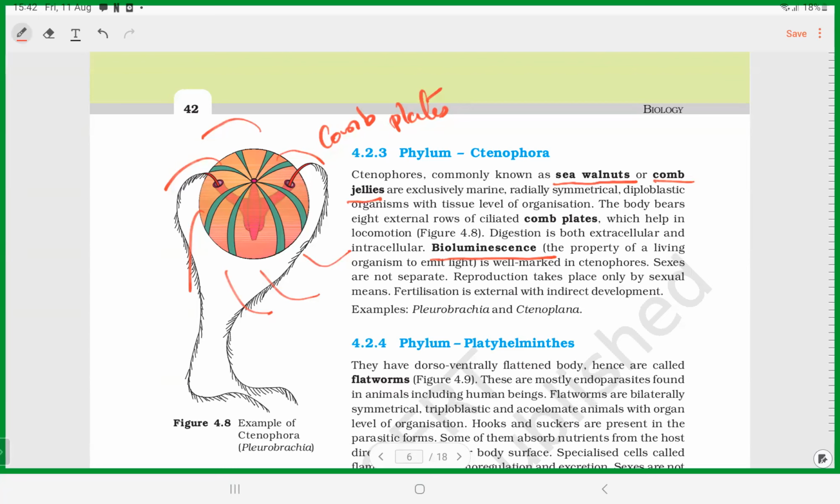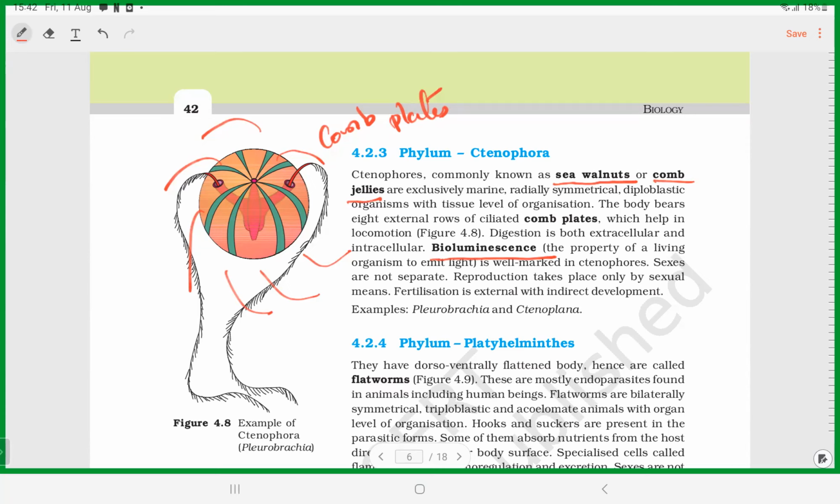Hermaphrodite is the term which defines that in one organism itself both male and female components are present. That's the main important thing. Reproduction takes place only by sexual means, and fertilization is external with indirect development. Hope you can understand these terms. External means fertilization occurs outside the body. Indirect development means definitely there is